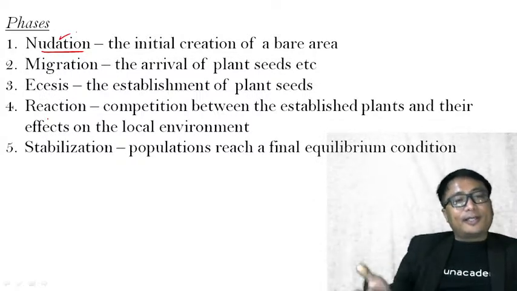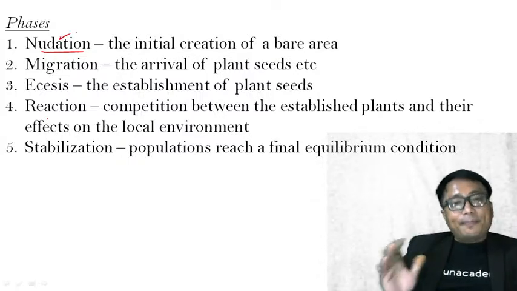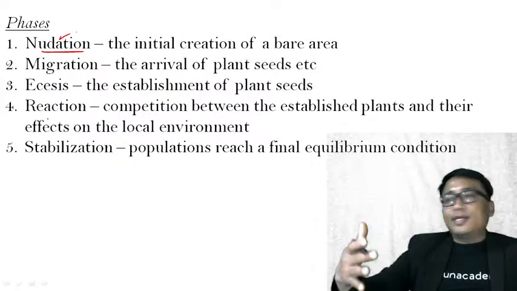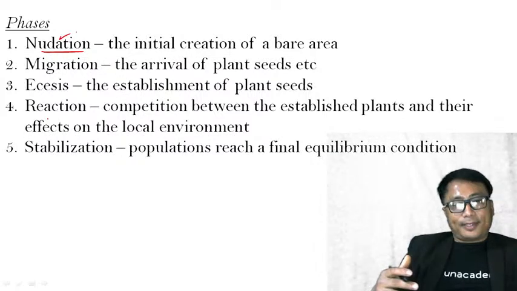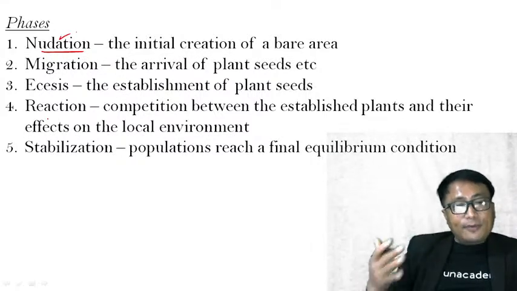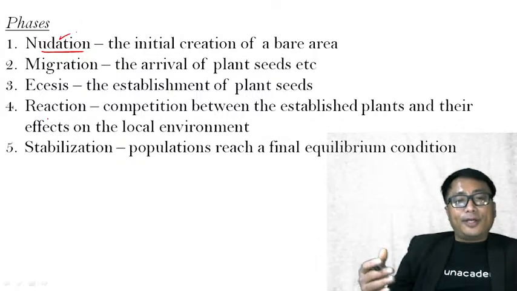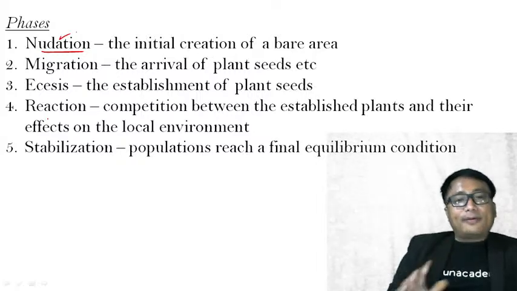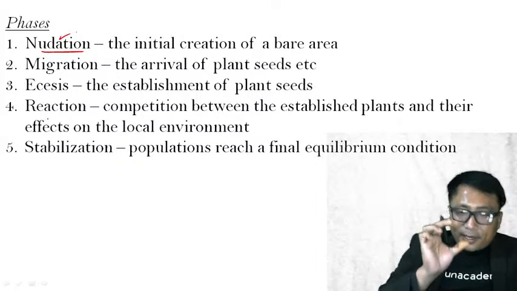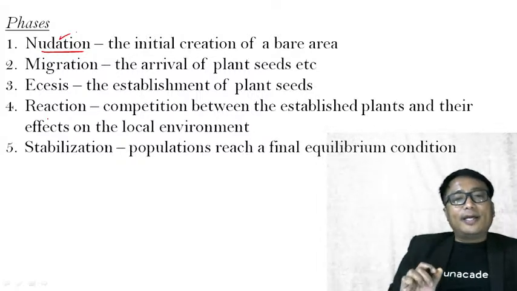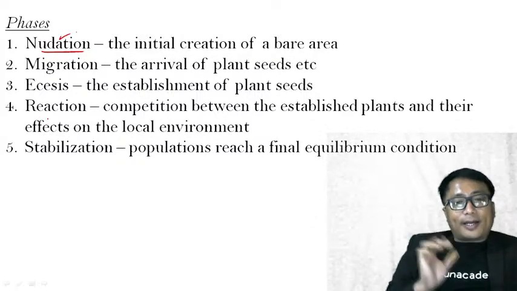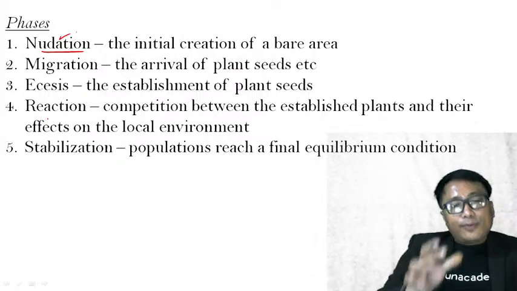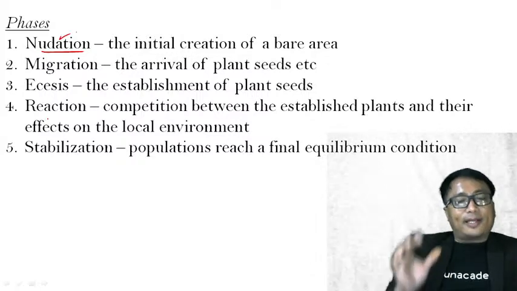Reaction is the fourth phase, that is competition between the established plants and their effects on the local environment. Clear? We have seen yesterday how it will impact the local environment. You have this microclimate. In one particular latitude, in one specific location, if you compare two adjoining areas, one with vegetation and one barren land,